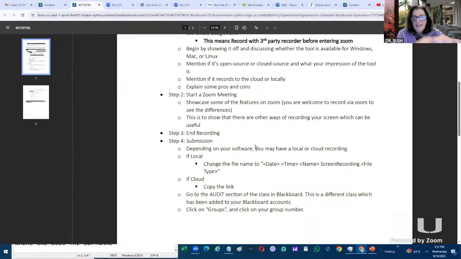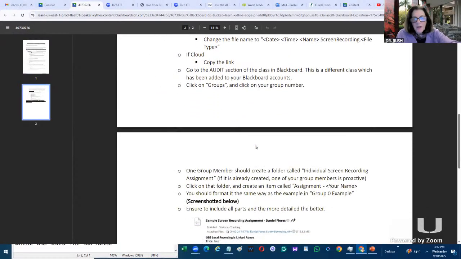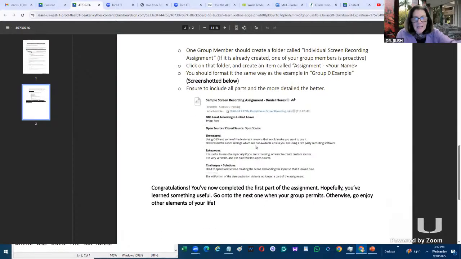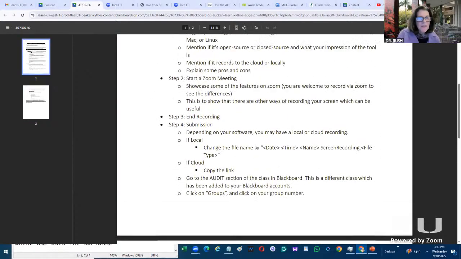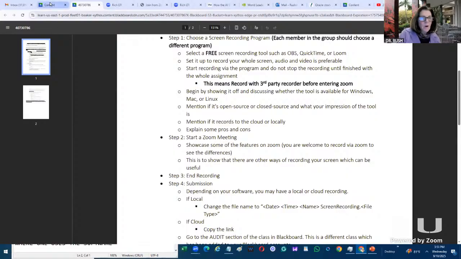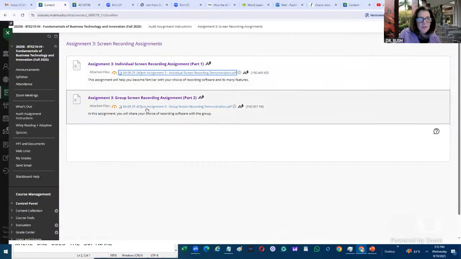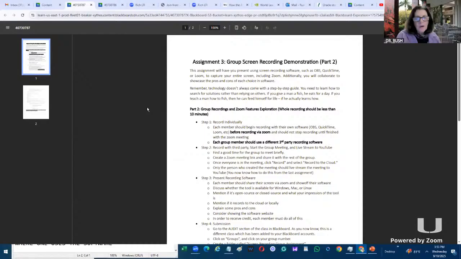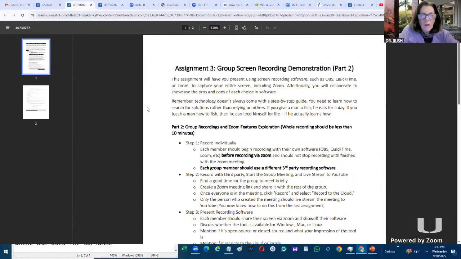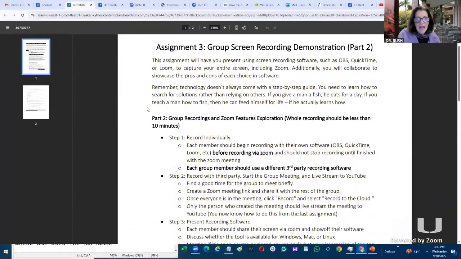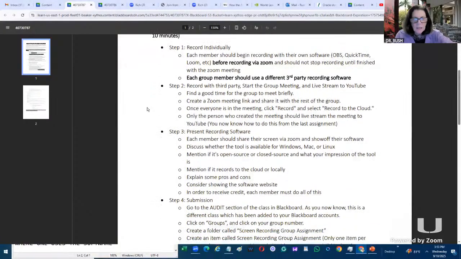and you will then also use Zoom. You know, of course, Stephen, how to use Zoom, so you can showcase some of the features on Zoom, but you also can record your software program. And it will go through your steps on this one. And if I go back to the instructions, I see on a group assignment. So one you will do on your own, and then, once you have step 2, record step 1, recording individually,